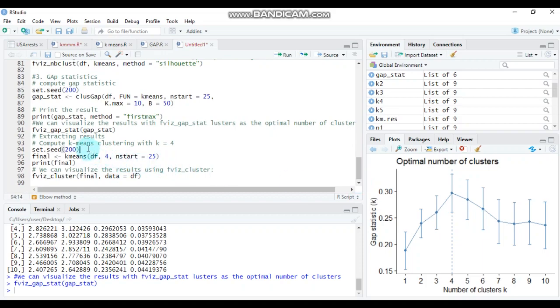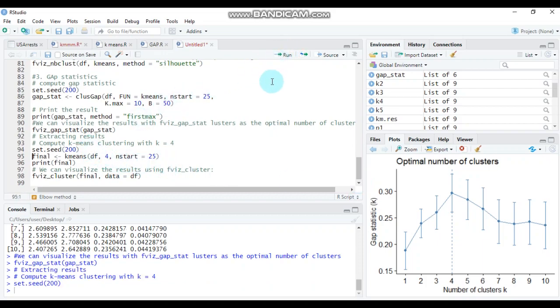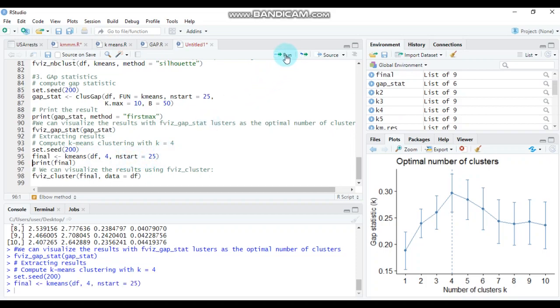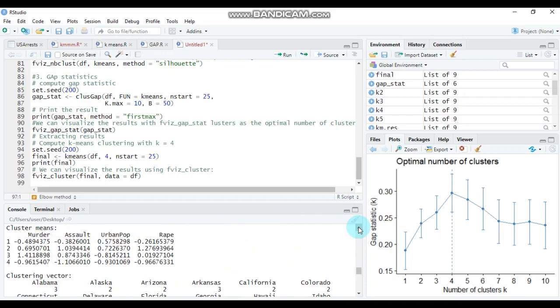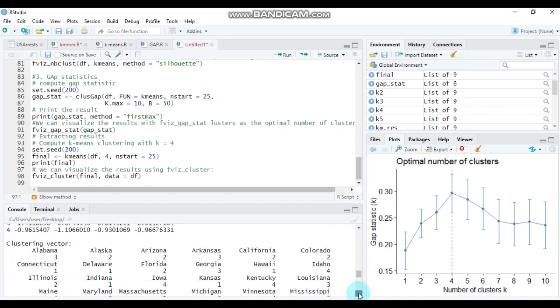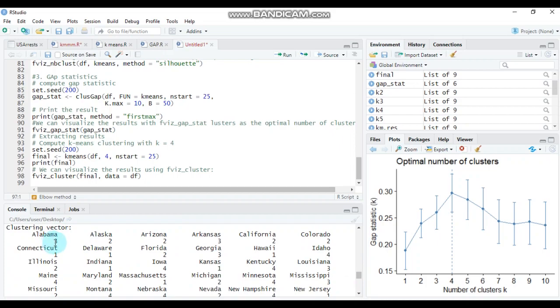To do that, we set a random seed for the random assignment. Then the final k-means, our data should be divided into 4, and nstart is 25. Then run here, and again let's print the final one. So these are the details. If you need the details, you can get so many things from the result. For example, Alabama is categorized under cluster 3, and here Kansas in 1, Georgia in 3,